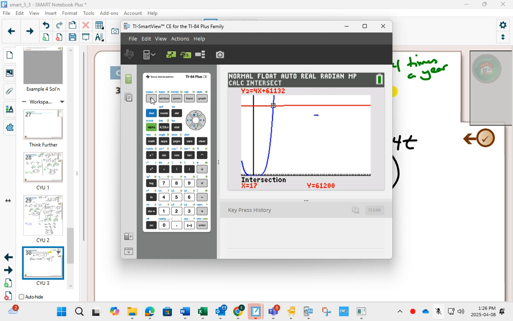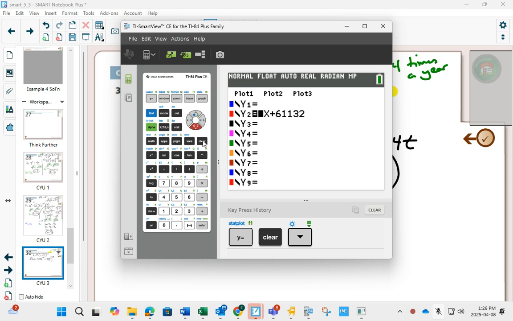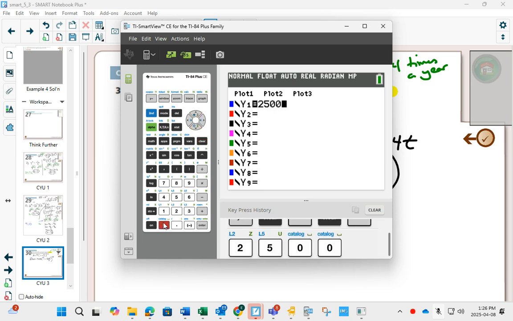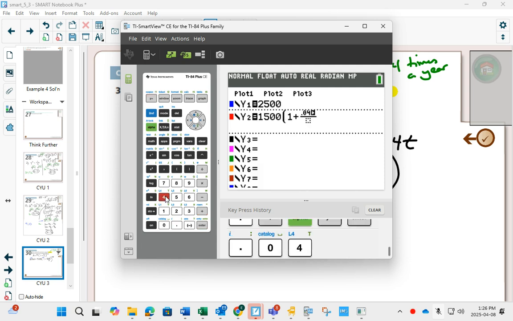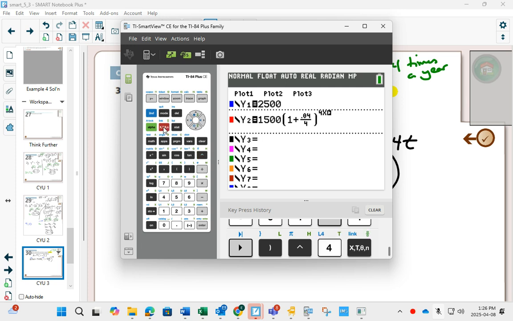So we take the one side, which was 2,500. We take the other side, which was 1,500 bracket 1 plus, you can use the fraction button if you like, 0.04 divided by 4 to the exponent of 4x, because there's no t button. So we type in the two equations exactly as we see them. If you have an older calculator that doesn't move the exponent up, you'll need to make sure you put it in brackets. If it just gives you the little hat button, we need to make sure that we put that